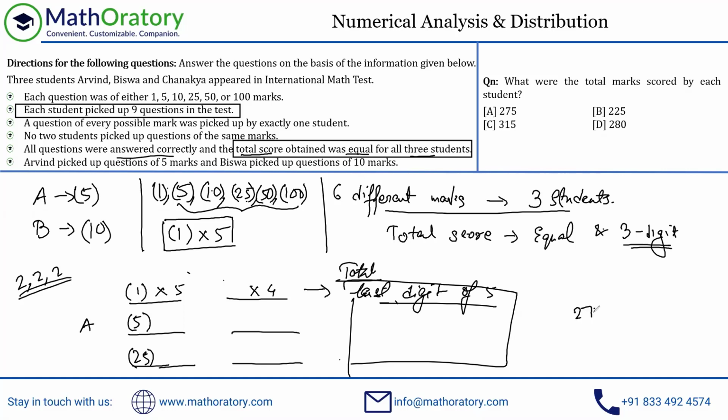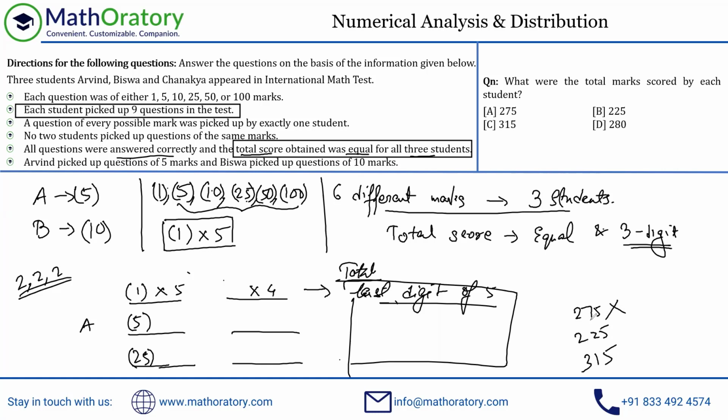So I'm just writing these separately. I don't want to put crosses in the options because this is one case. If you remember this 2-2 case, there is another case, 1-2-3, which you have to consider. We have not considered it yet. So in this case, 275 is not a possibility.